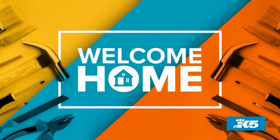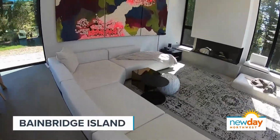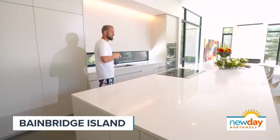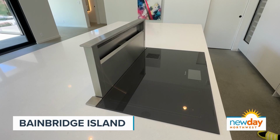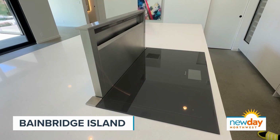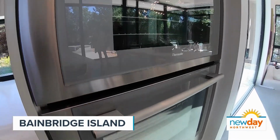I recently had the pleasure of visiting with Sounders goalkeeper Stefan Frei at his home on Bainbridge Island. Stefan and his wife have a gorgeous, gorgeous home. Look at that. They designed it from the ground up. I was especially impressed by their state-of-the-art kitchen in the heart of the home. That's where Stefan showed me how to make a couple of his favorite recipes with the help of some high-tech